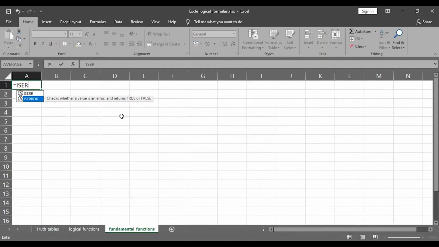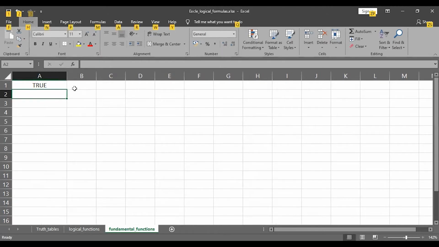So if I do ISERROR of 10 divided by 0, it is going to return me true. And if I do 10 divided by 1, it is going to return me false.